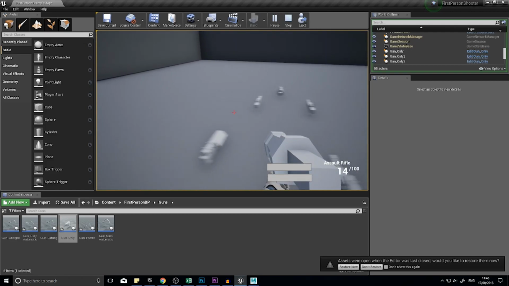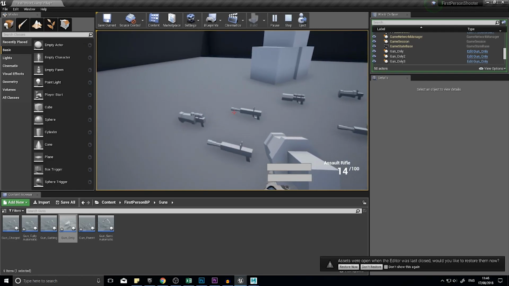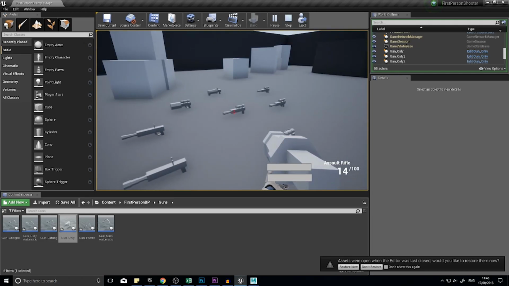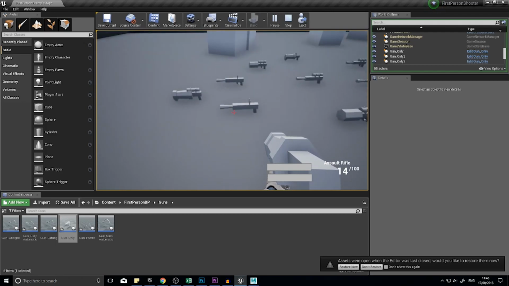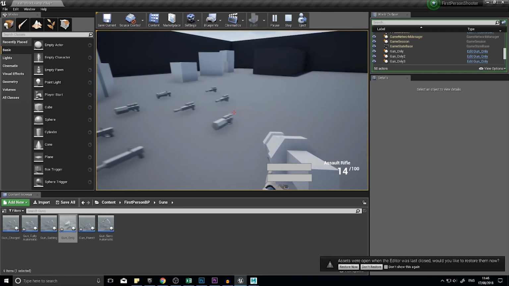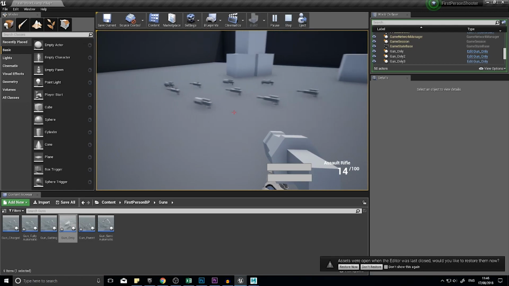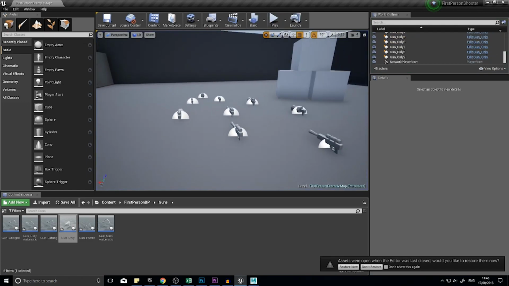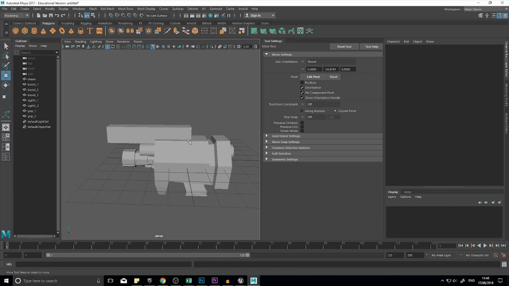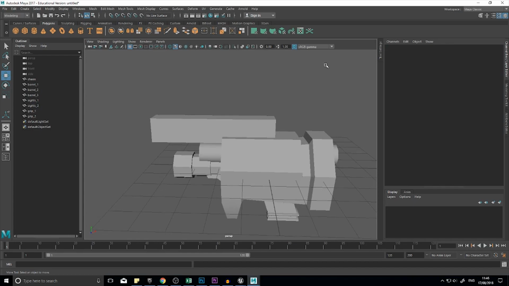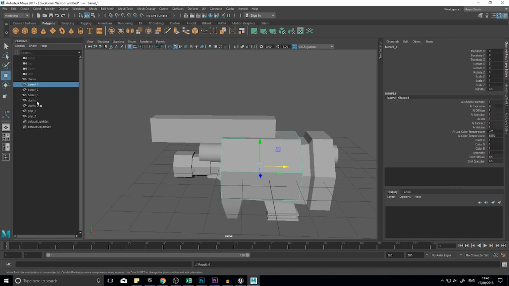Well, for this episode we're going to dive into Maya a little bit to explain how to set this up, and then I'm going to show you the code on how to set it up so it spawns these in randomly. Okay, so let's have a look at Maya. In Maya, it may look like a mess. Hopefully you're familiar with Maya a little bit, so I don't have to go into too much. So you start off with a chassis,